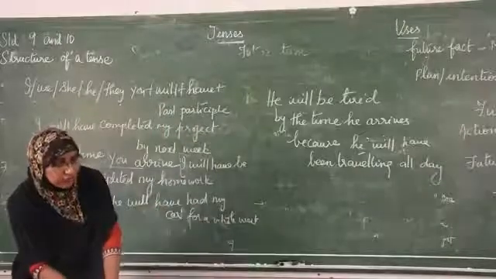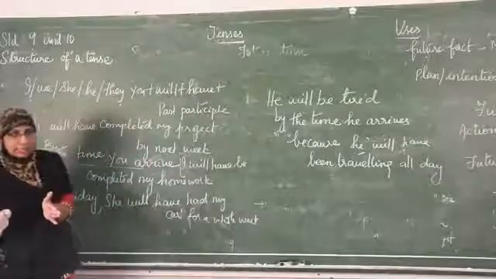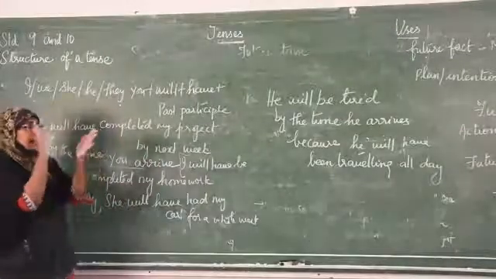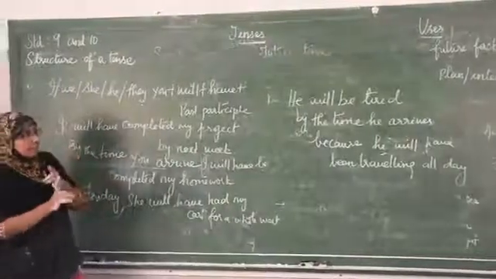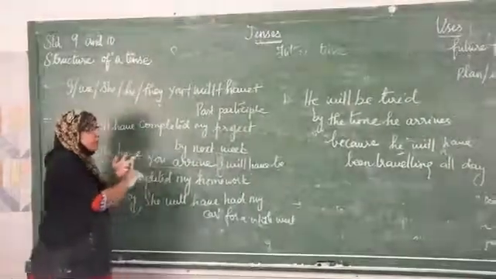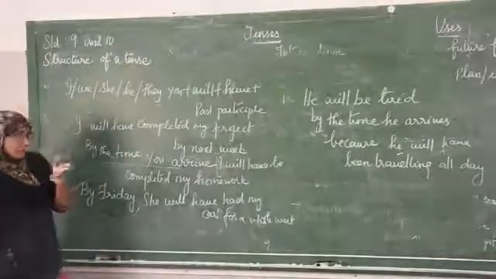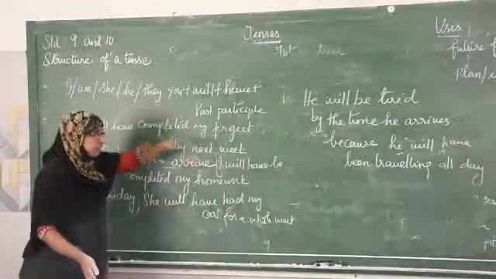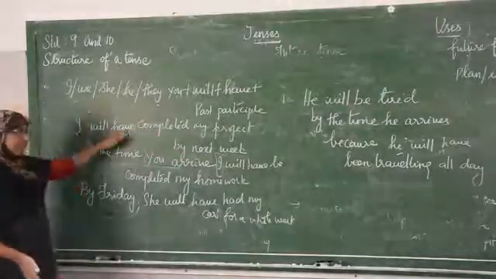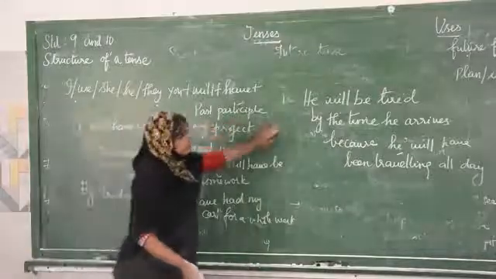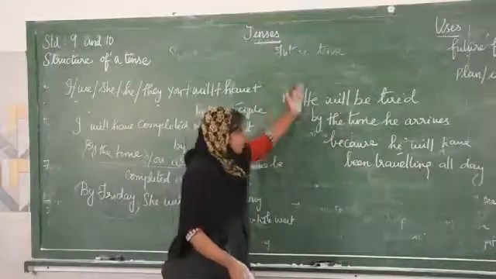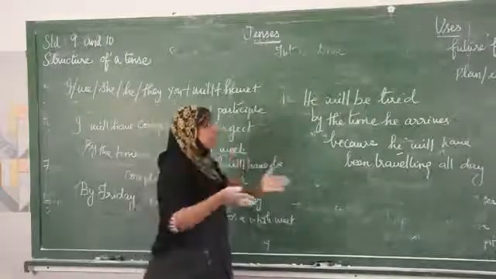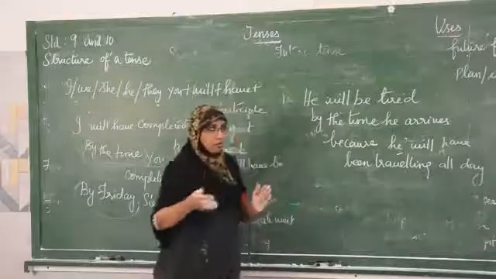So the simple future tense refers to an action which is going to take place in the future. Sometimes the simple future is represented by the present tense or present continuous tense. Clear? Future continuous tense refers to an action which will be in progress in the future. Future perfect tense, the action will have been completed sometime in the future before another action takes place. Future perfect continuous tense, it will be a cause or the duration of time. So what will be the cause here? You will be tired because you have been traveling all day.